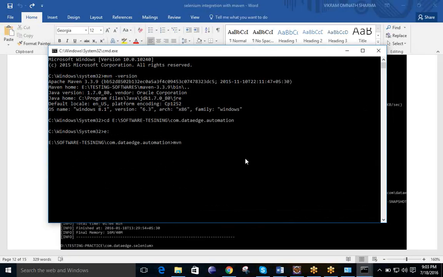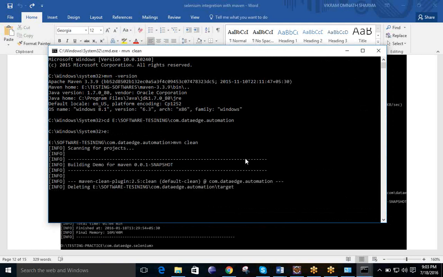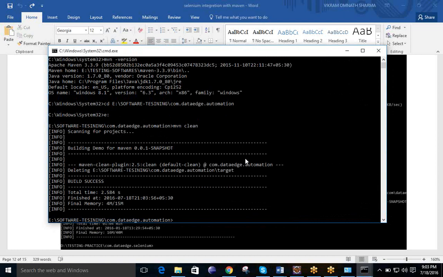Yes. So here first we will perform the clean operation. Type mvn space clean. Wait for a few seconds. You can see this information. What is this information telling you? That first it will scan for the project, whether that project is present at that location or not. If it is present, it will proceed further, otherwise your build will fail.